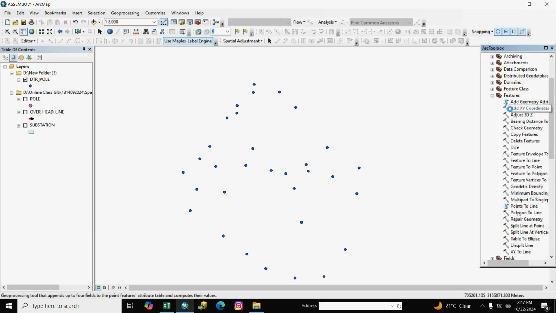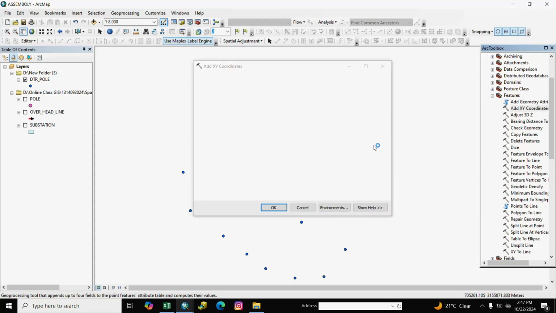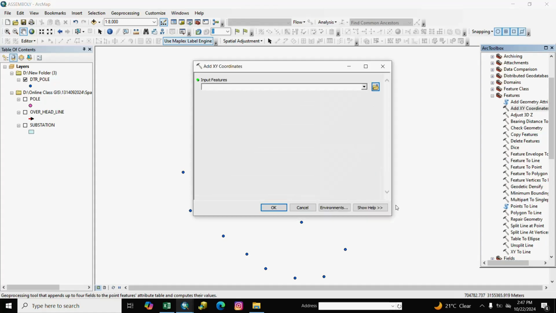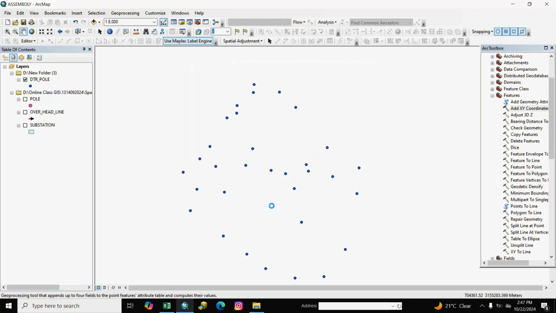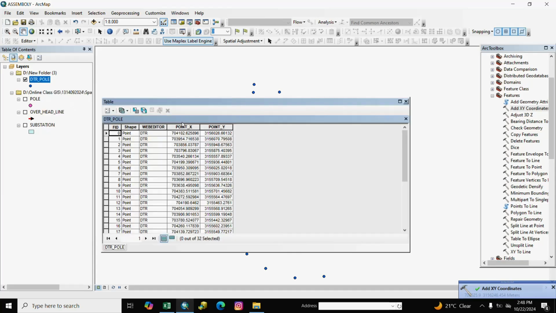We double click and we select here DTR pole and OK. XY coordinate added. We check here. We see here X and Y coordinate added.